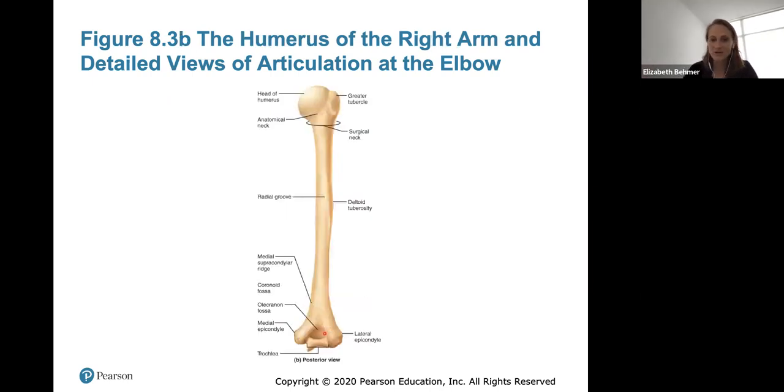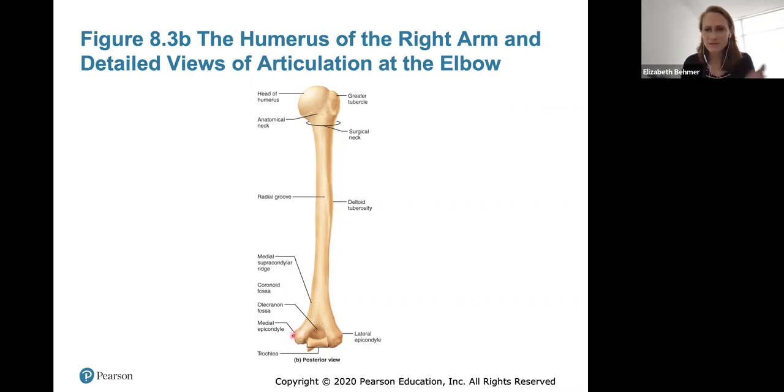From a posterior view, we just have one fossa, the olecranon fossa. And this is where the olecranon process of your ulna will sit when you bend your elbow. And then on each side of the distal end, we have epicondyles, which are small bumps, the medial and lateral